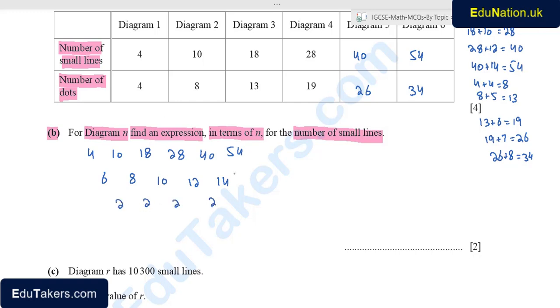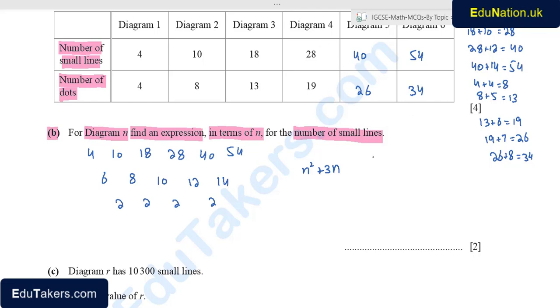So the nth term of this sequence will include n square. And for finding the first term, n is 1, so we will add 3 for having 4. So n square plus 3. Now for the second term, n is 2, so 2 times 2 is 4, 4 plus 3 is 7. So if I multiply this 3 with n, then for the second term this will be 6, 6 plus 4 is 10. So you can check even for next terms.